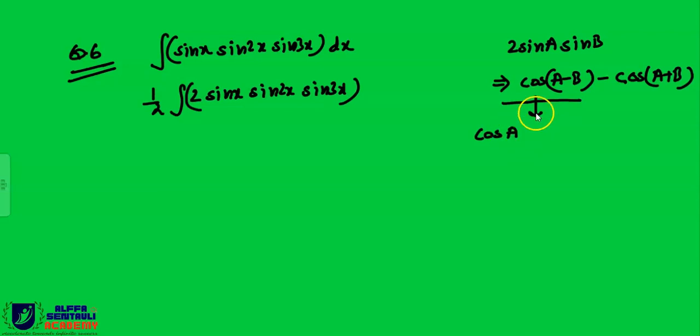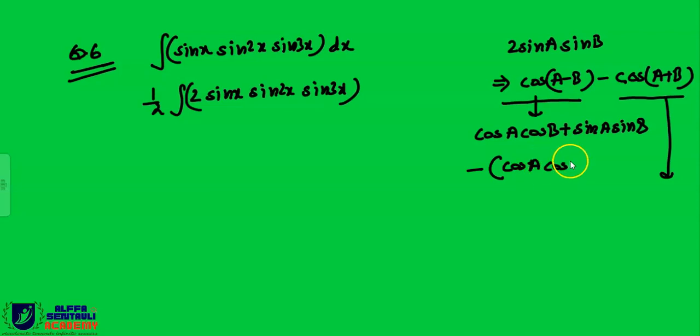So this can be written as cos a cos b. So if the minus sign is here, we will take the opposite of this. We take plus sin a sin b. Correct beta? Now let us simplify this one. Put the minus sign over here. So this will be cos a cos b. If the plus sign is here, we will take minus sin a sin b. Correct beta? So now if you multiply the minus sign and open the bracket, you will get this term as negative and this term as positive. So this negative term and positive term will get cancelled out and you are left with 2 sin a sin b, this term. It means that you have taken the correct assumption.